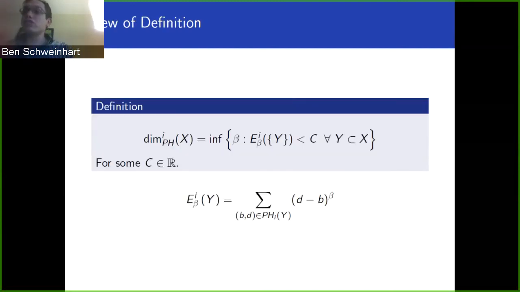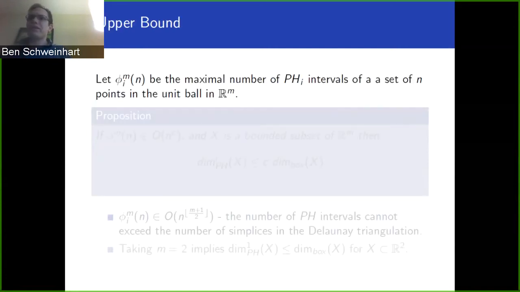Okay, so just to review the definition again, the I-dimensional persistent homology dimension is this cutoff, so that below the cutoff we can find subsets with arbitrarily high beta weight for the persistent homology. Above the cutoff, they're all uniformly bounded. Okay, so the first simple way to get an upper bound is